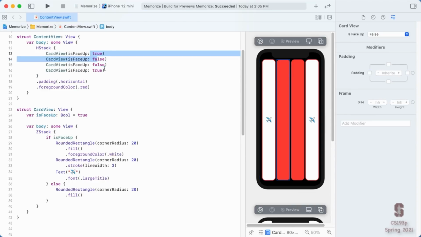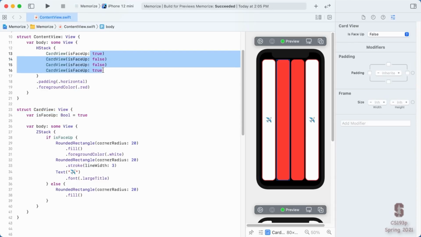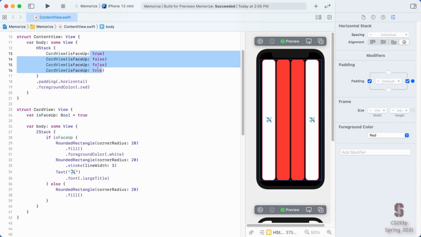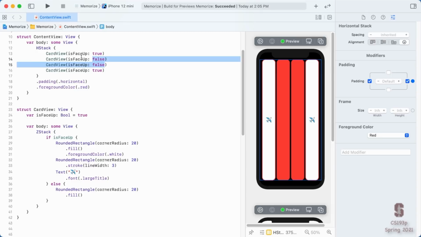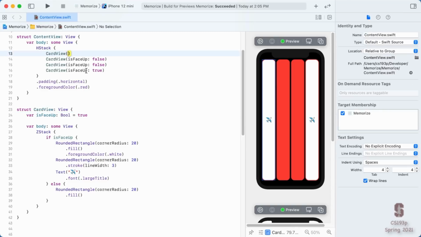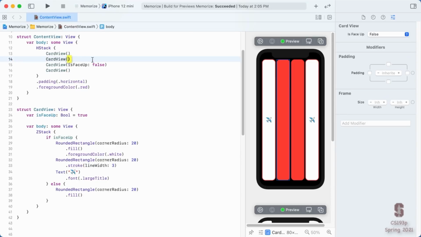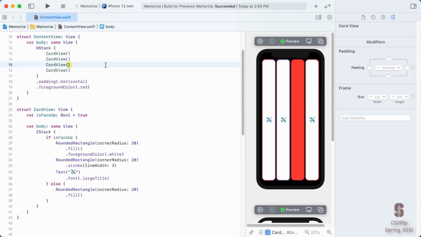The person who's creating it wins if you've got both a default value and you specify a value here. So notice that these two guys who say that it's false, they're still winning. Those are face down, even though the default is true. But it does allow us to remove this. You can remove this, perfectly legal now because there's a default value. And if we remove it from these two, then we're going to have them all be face up.